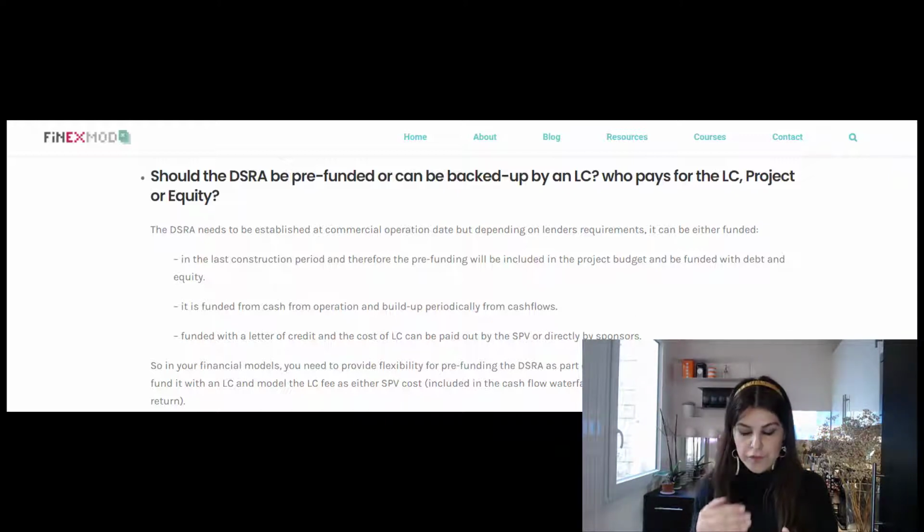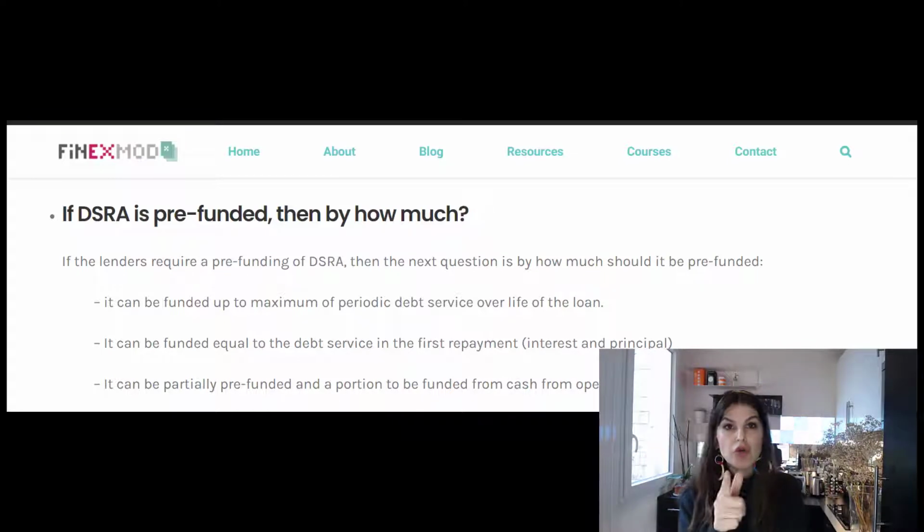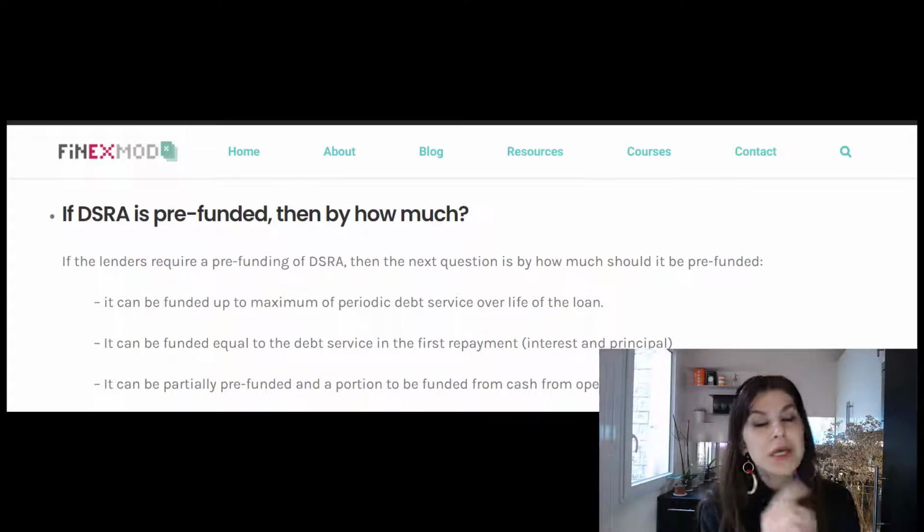And it's going to fall in the cash flow waterfall of the SPV, so it can be paid by the SPV. But that's something that you also need to discuss with the lenders: who's going to pay the LC fee and where it's going to be paid in the cash flow waterfall. Okay, the next question is, if the lenders require you to pre-fund the debt service reserve account, then by how